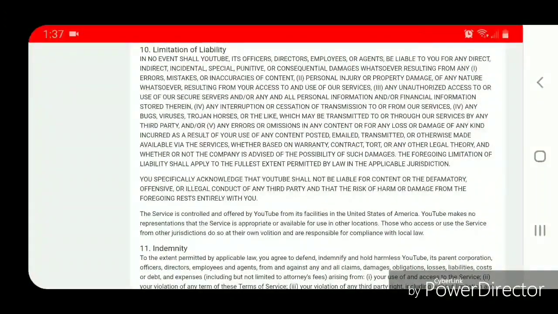Any interruption or cessation of transmission to or from our services. 4. Any bugs, viruses, Trojan horses, or the like which may be transmitted to or through our services by any third party. And 5. Any errors or omission in any content or for any loss or damage of any kind incurred as a result